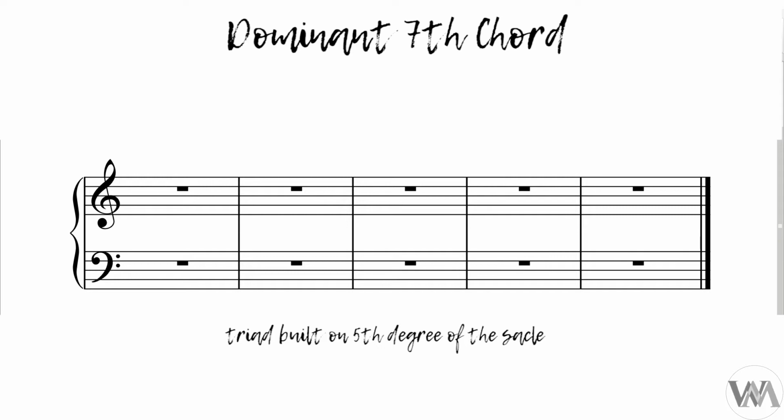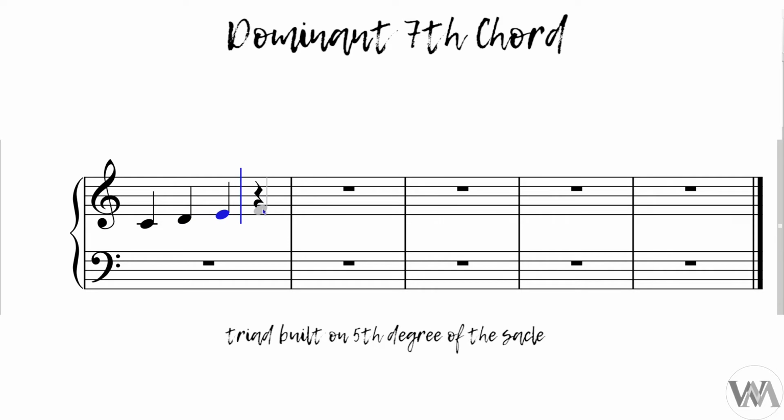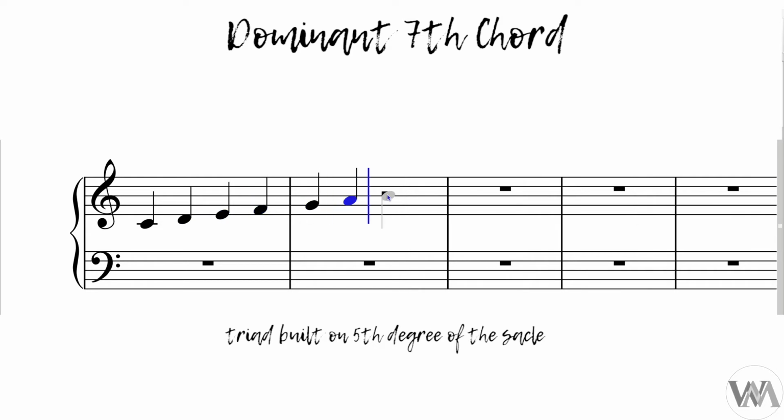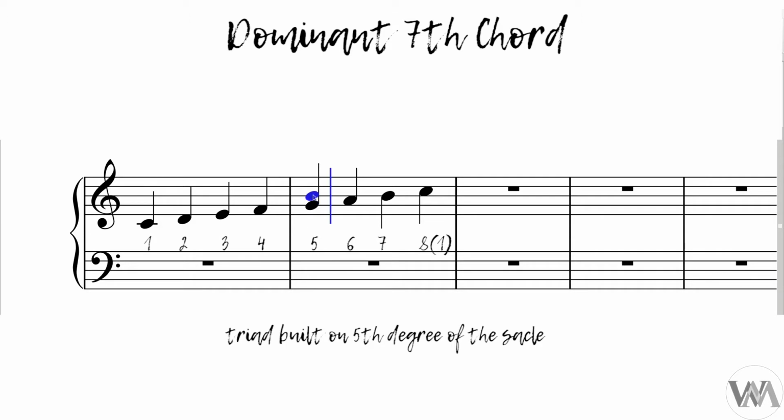So if I have C major, E, F, G, A, B, C, so there I've got the C major scale, then the dominant triad is built on the 5th degree, 1, 2, 3, 4, 5, so it's on G. Using G as root note, we get G, 3rd, B, and 5th, D. Remember, we use the 1st, 3rd, and 5th degree. The roots of that degree, G, then B, the third degree, and then 5th,